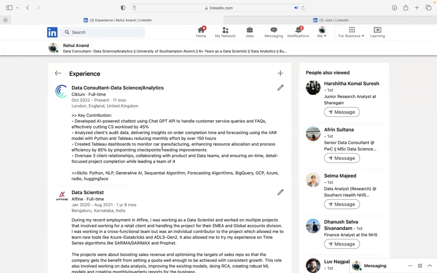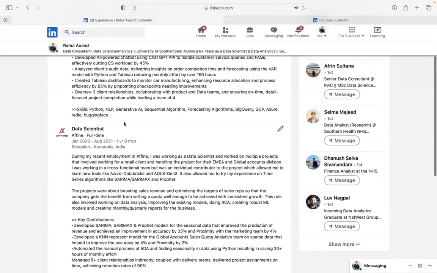Okay, then the other project about audit data, where I used forecasting and a vector autoregressive model, and then I've done some dashboarding as well, as I'm a data consultant. So I have to look after multiple things, not only data science. I have to look after data analysis projects as well as some business intelligence projects. So I look after everything, and I manage client relationships as well. So I have mentioned I oversaw 3 client relationships, and with increasing experience, you have to be very good at managing client relationships. So you have to highlight that as one of the leadership qualities that you should put in. Okay,